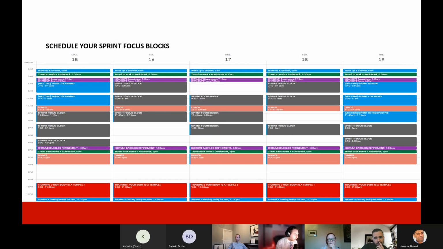Vice versa, and of course people have different roles, so different roles would have different activities. But it's just the concept of having it scheduled when you're going to do the sprint and when you're going to do the agile habits like sprint planning, retrospective, review, and backlog refinement and so on.